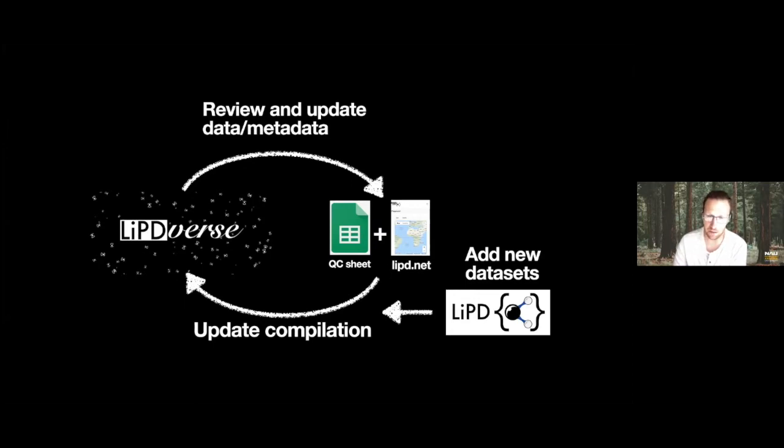Sometimes they're really big. But because of this iterative process, because again, it's impossible. If there's one thing we've learned, it's impossible to have everything that you want in a compilation be right the first time. And so we just plan on it being iterative. And because of this, we have to